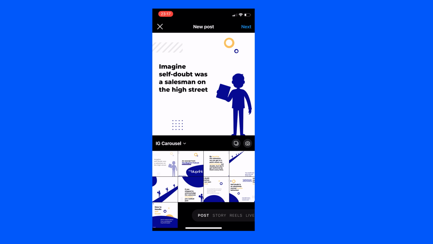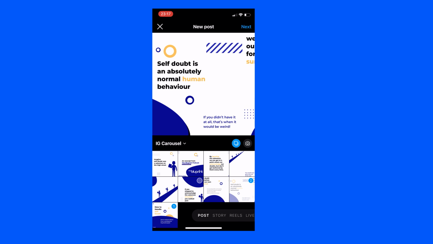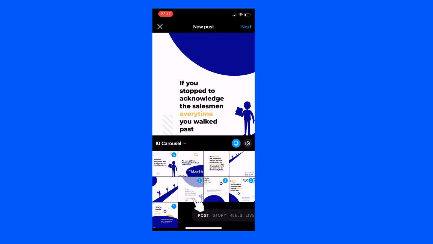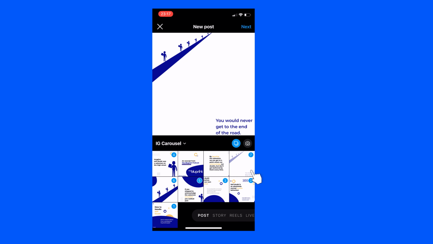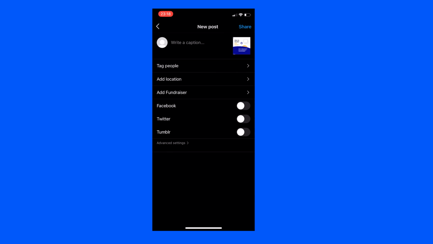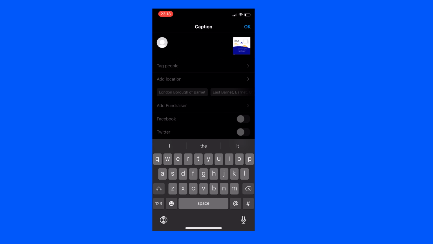So we're going to select the IG carousel album. We're going to select this multiple button, and then start from the first slide that we wanted to add, the second one, the third one, the fourth one, which is kind of out of order, fifth one, the sixth one, the seventh one, the eighth one, and the ninth. And there you go, you have 9 slides there. Number 1 is your intro, number 9 is your outro, however many you want to do. So there's 7 slides that have actual information on there. And then we're going to press next, next,